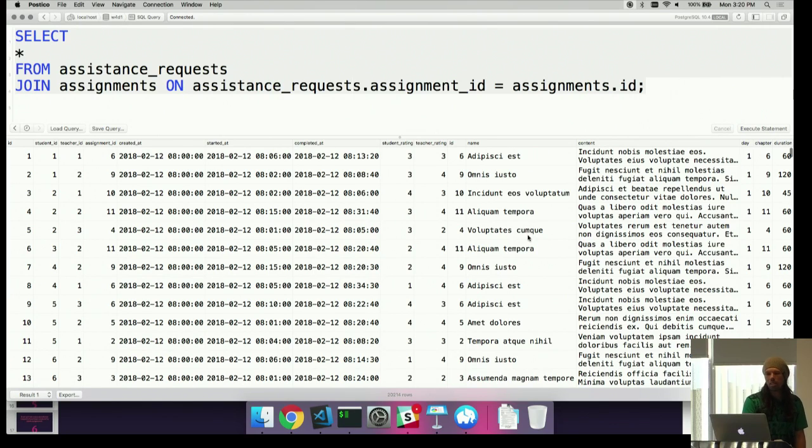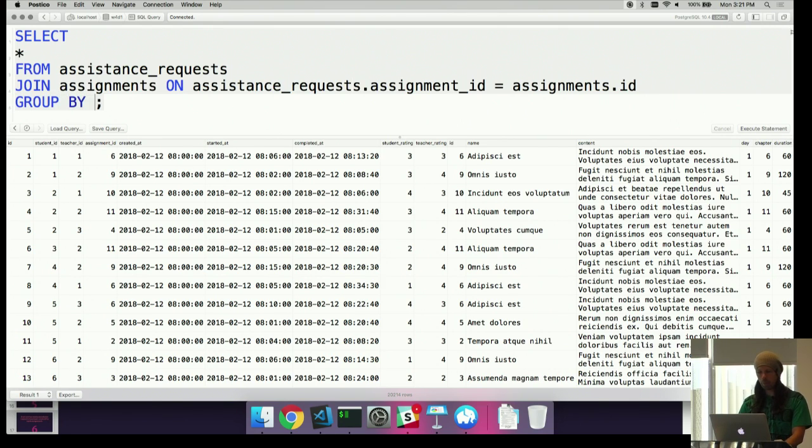So now what I need to do is count the number of unique assignments, or I probably shouldn't use the term unique, it might mislead you, because that's actually something in SQL. What I want to do here is count the number of requests for each assignment, and so that means I need to group. I need to create groups out of this result set that I have right now, and each group should represent all of the requests for one assignment, right? Does that make sense to people? Okay, so I should group now,